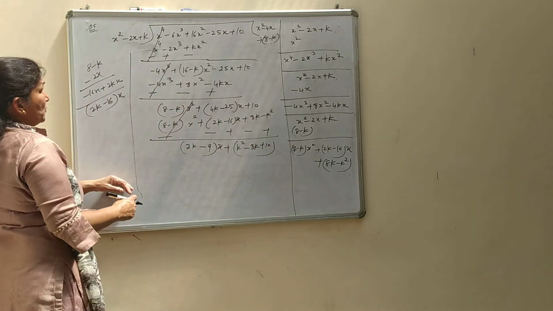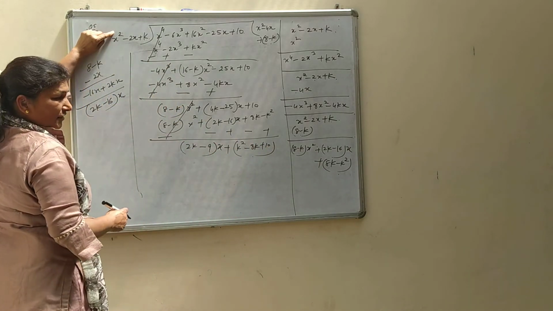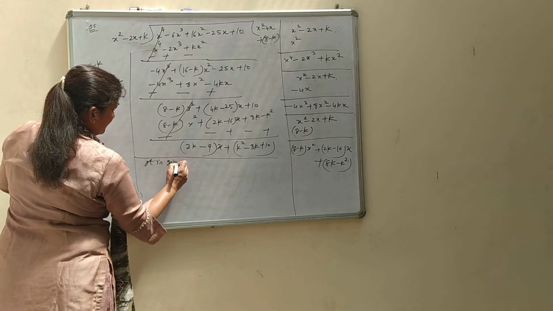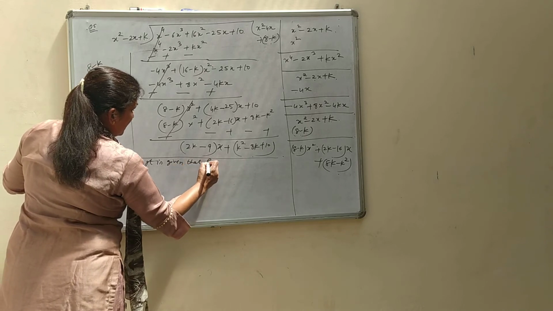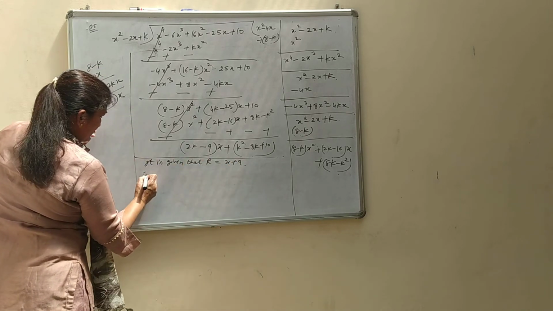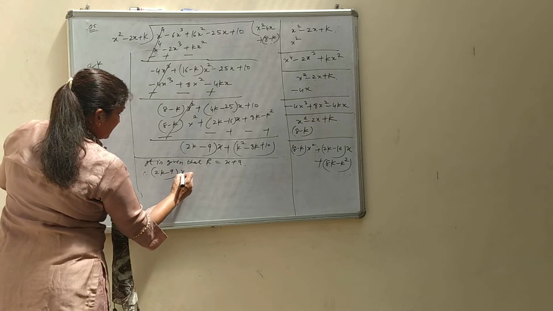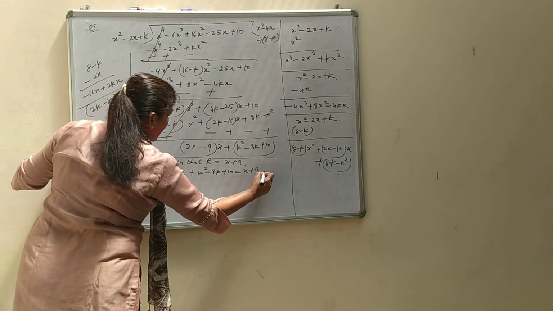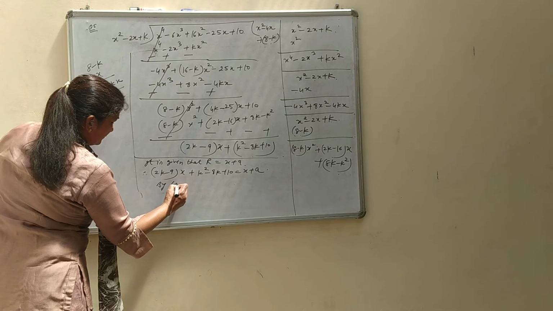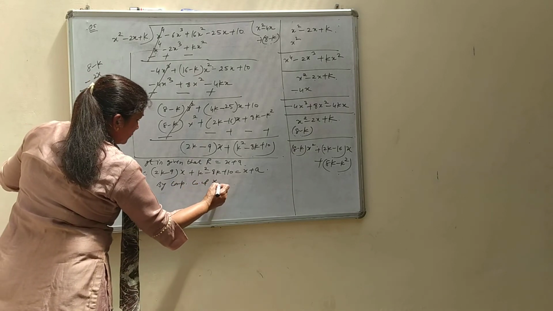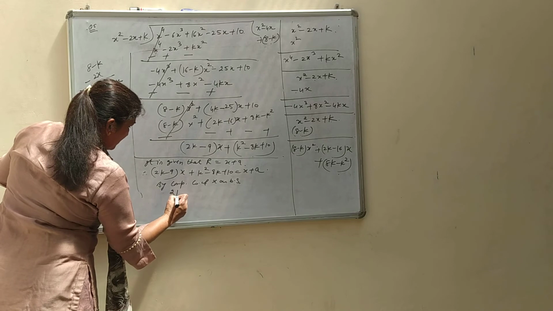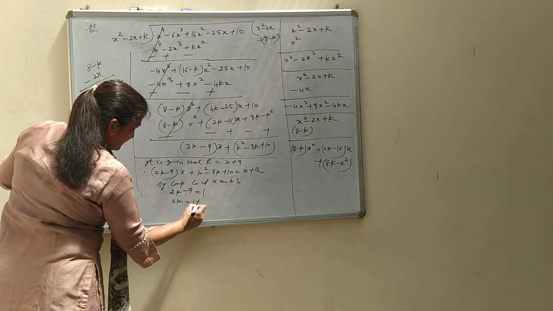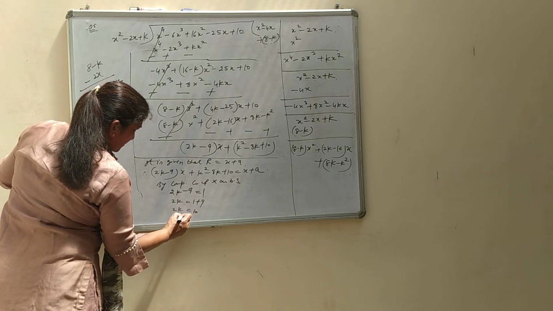Now this is the remainder because the degree of the variable is 1, which is less than the degree of the divisor. But it is given that the remainder is x plus a. Therefore 2k minus 9 into x plus k square minus 8k plus 10 is equal to x plus a. By comparing coefficients of x on both sides, 2k minus 9 is equal to 1, since the coefficient of x is 1. The value of 2k is 10 and k is equal to 5.